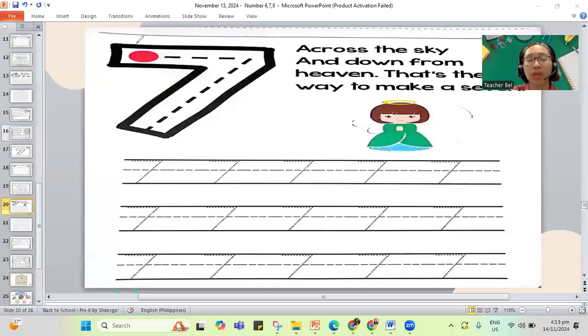This time you trace. How do we make our 7? Across the sky and down from heaven. That's the way to make a 7. So trace all your number 7s, the big 7 and the small 7s.